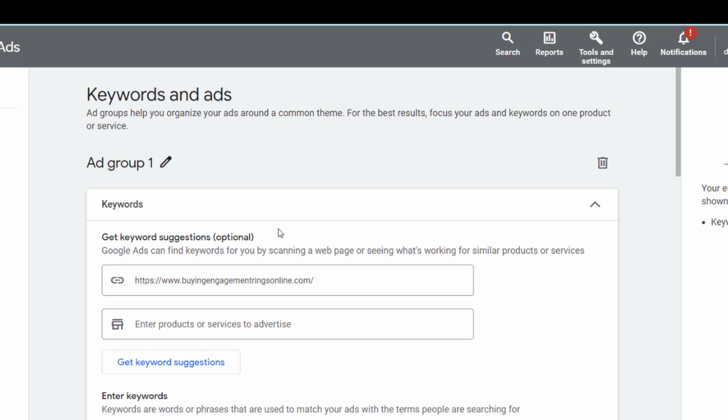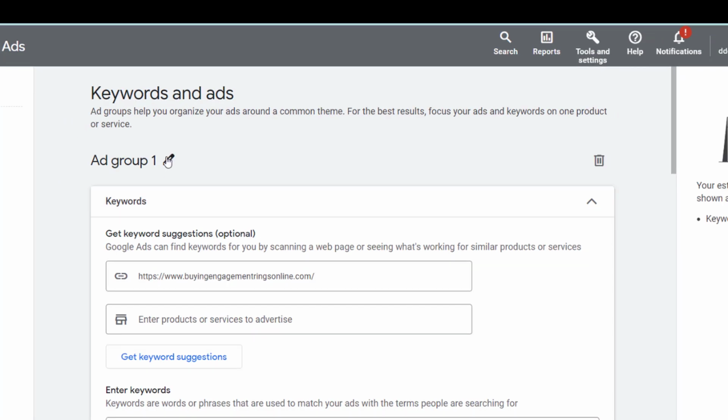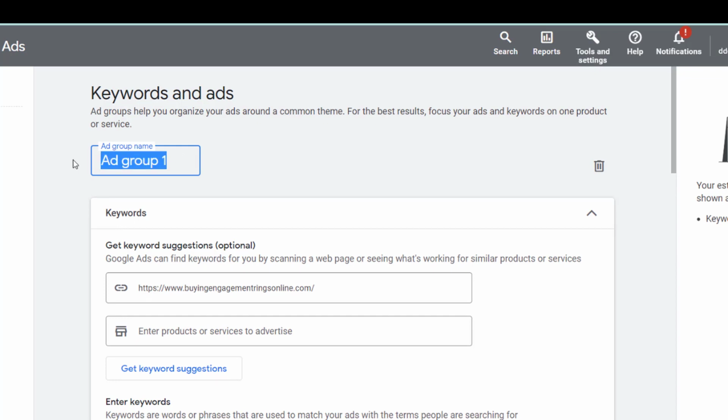For example, in this case, we will name our ad group engagement rings online. This will allow us to easily keep track of our keywords and ads and ensure that they are all relevant to the theme of engagement rings online.